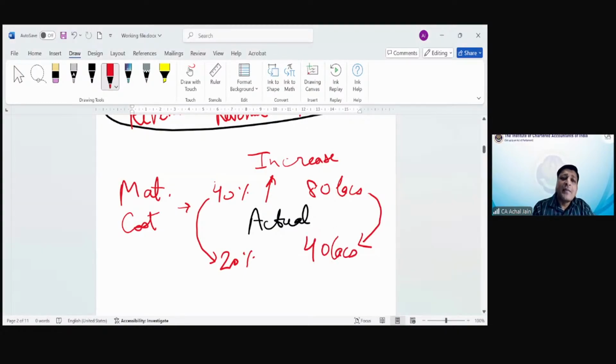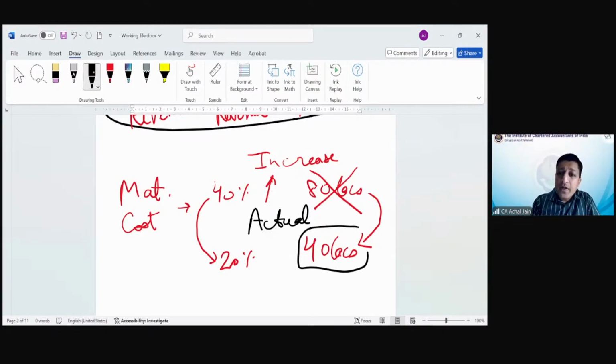So that's why what will happen? Even though the contractor will incur this cost, he will not be able to charge this from the customer. Why? Because the customer will only pay 40 lakhs. So this is the amount which the customer will provide. Clear on this? Everyone clear? Nan? Nia, clear? Any more questions?